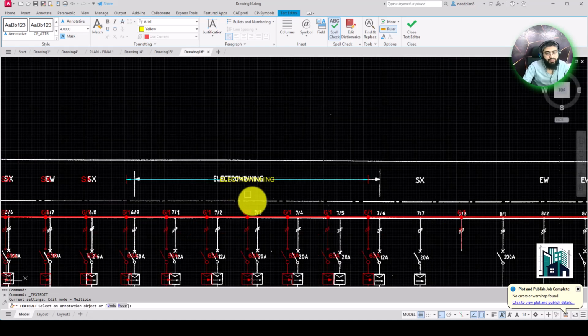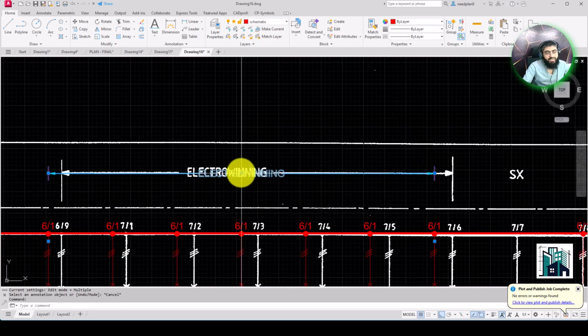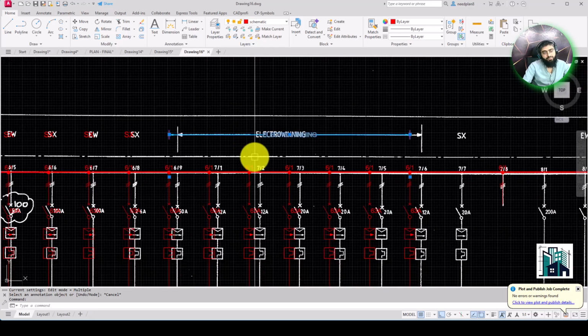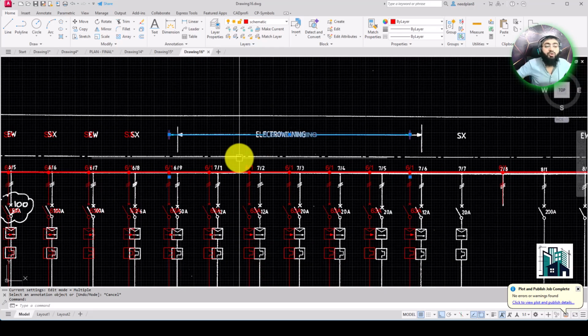This one here. So you will see how you can create this arrow in one time. You don't have to make the arrow separately, and you don't have to put text separately. You just have to set the dimension and put it like this.